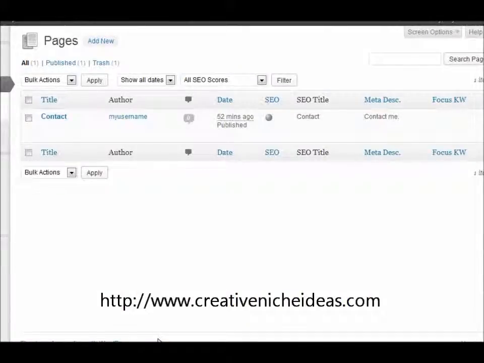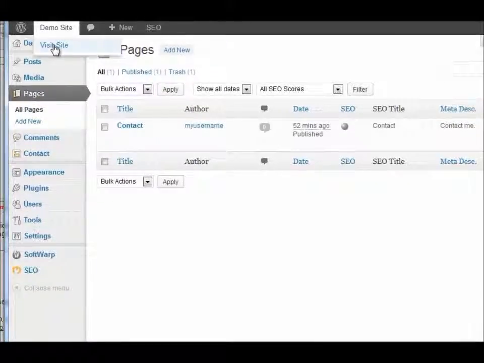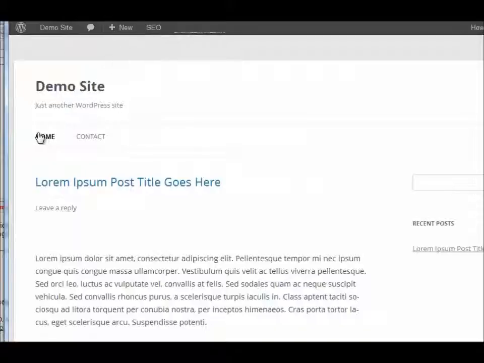Okay, we're also going to add a new page to the site now. WordPress differentiates between what it calls posts and pages. Typically a page will appear in the main site navigation. So if we go to the demo site, open a new tab for us, and you'll notice that we've now got home and contact. So I'm going to add another page,